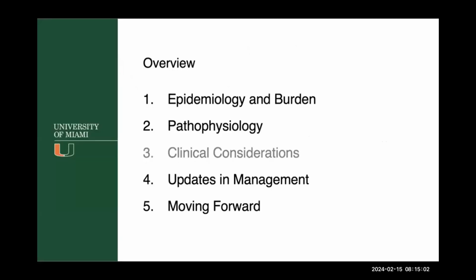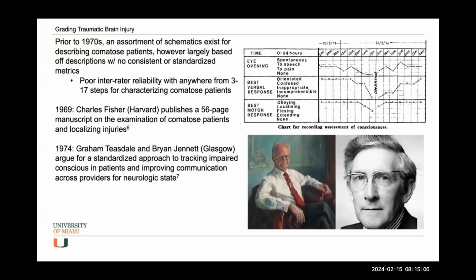But moving away from the pathophysiology, we start talking about the clinical considerations. One aspect that has been overlooked over the last few decades is how exactly we communicate the severity of a TBI. Prior to the 1970s, an assortment of schematics existed for describing what a comatose patient was, but they were largely based off descriptions with no consistent or standardized metrics. There were anywhere from 3 to 17 steps, and there was very poor inter-rater reliability